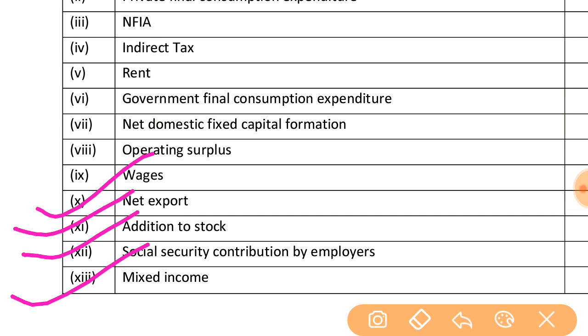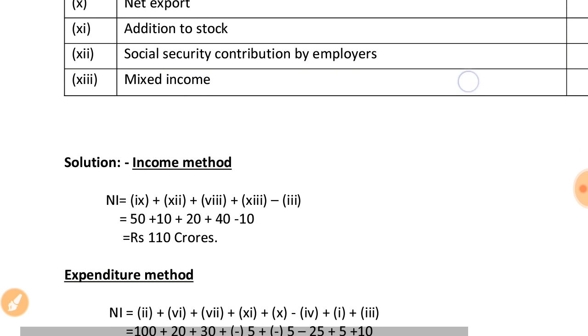So next, mixed income. Mixed income means the surplus or deficit accruing from production by unincorporated entrepreneurs owned by households. It implicitly contains an element of remuneration for work done by the owner. Means the owner of an industry getting income as a dividend or in other forms of income. All the forms of income added together are collectively known as the mixed income. So after understanding this point, now see the system.